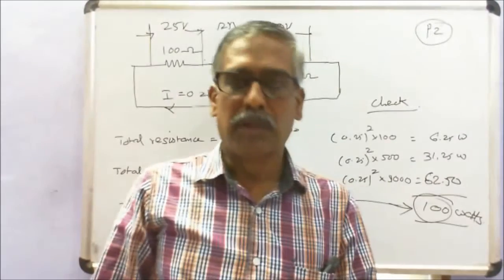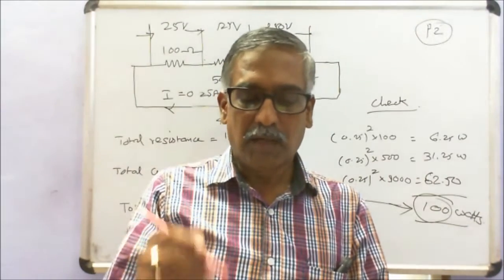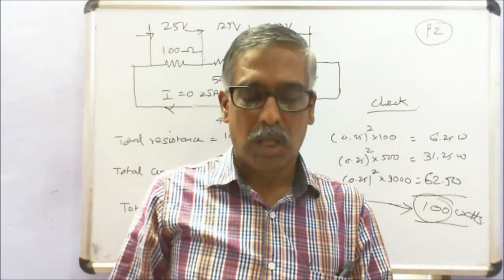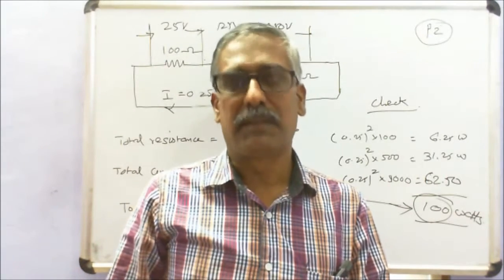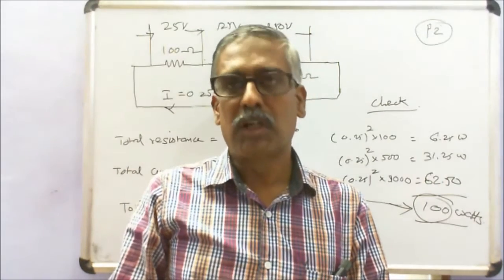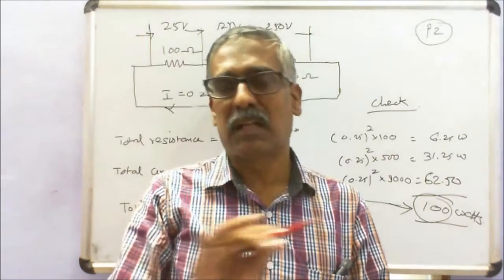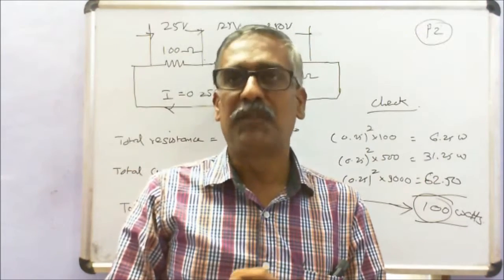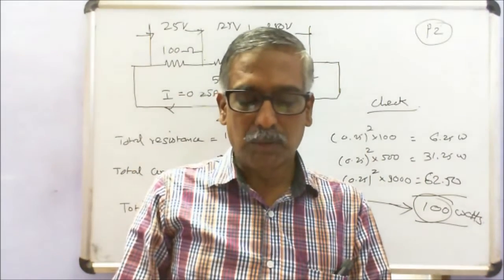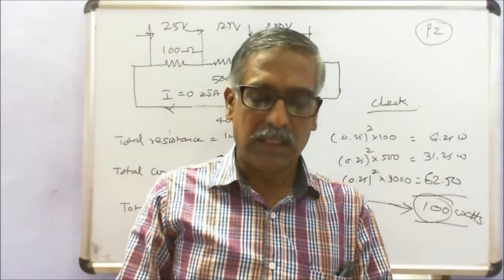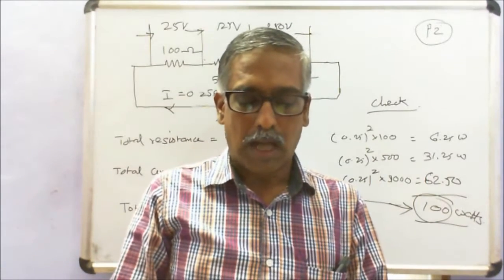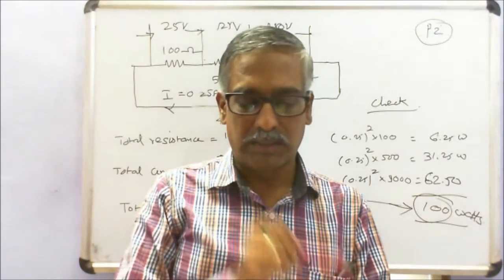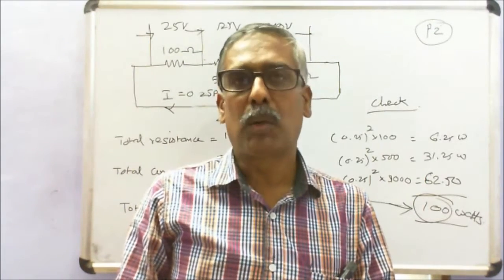The second problem: resistances of 100 ohm, 500 ohm and 1000 ohms are all connected in series across a 400 volts DC supply. 3 resistors are connected in series with different values given, and the supply voltage is 400. Find the current through each resistor. What is the current in each resistor and the potential difference across each resistor? What is the potential drop across each resistor? Also find the total power drawn.